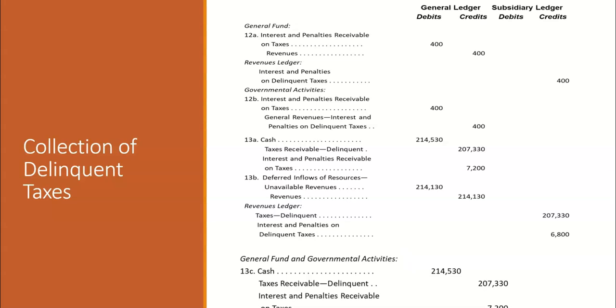When someone pays their taxes after the due date, and we've already reclassified it as delinquent and started to collect interest and penalties on it, we then of course need to record that. We've received interest and penalties, we've received the taxes receivable, and we need to remove that amount from our delinquent taxes receivable. You can see examples of those journal entries here and in the Chapter 4 reading.